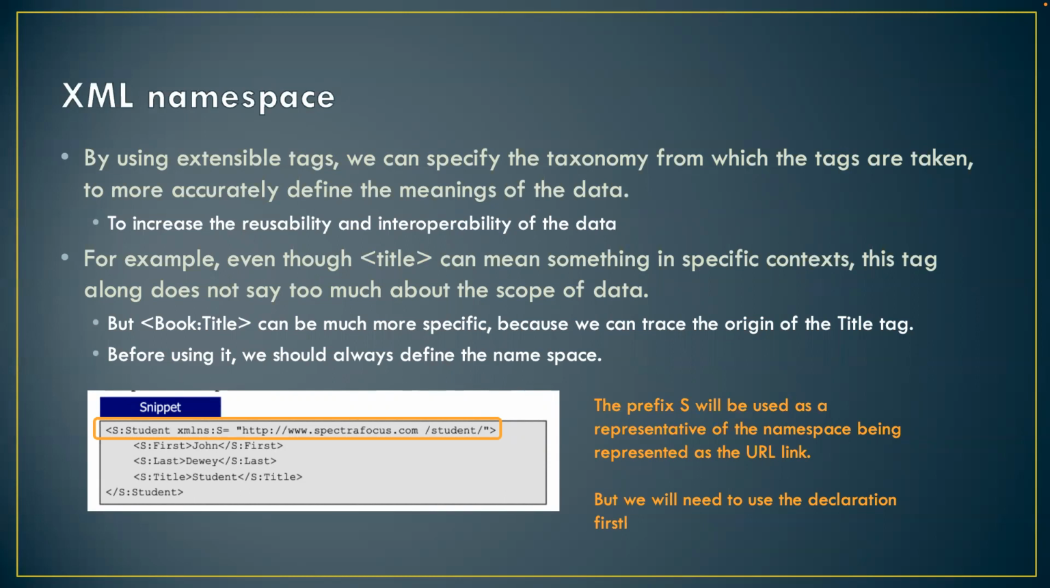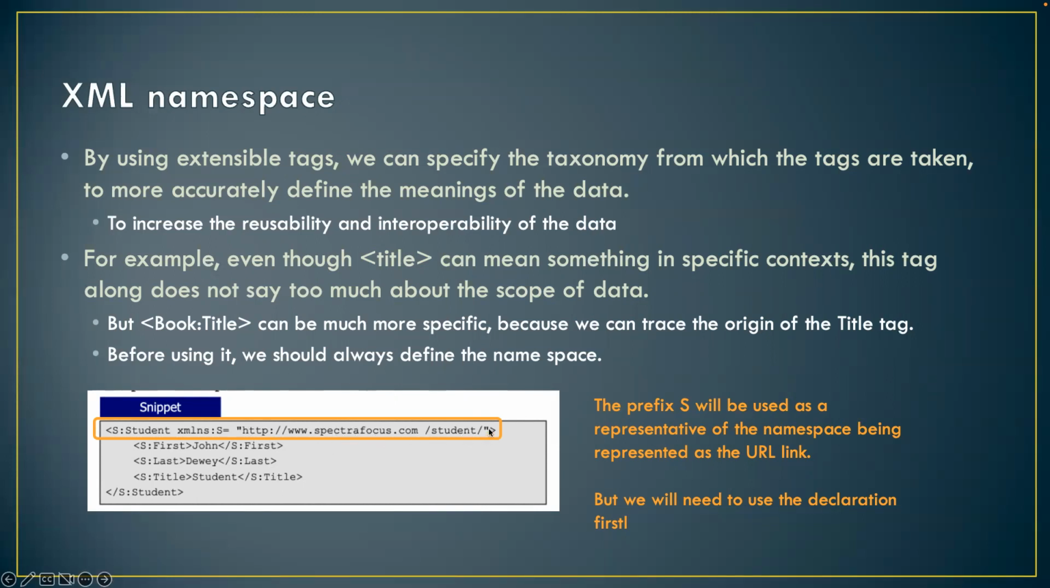So we can, of course, always use extensible tags, but the sources of these tags need to be defined through the namespace. And below is an example. In this S:student tag, XML NS means the namespace of XML. And of course, this S will point to a specific namespace defined here. So it is this namespace,